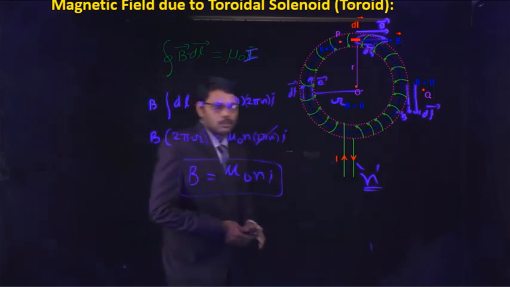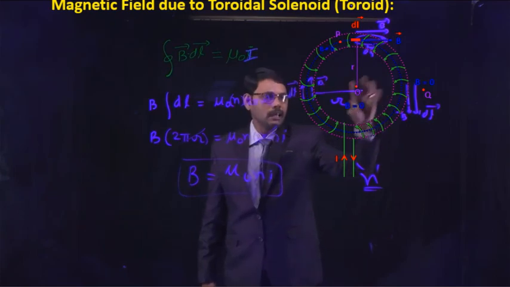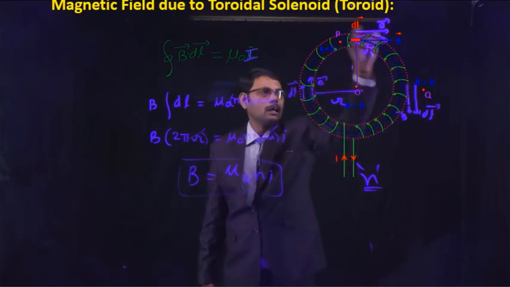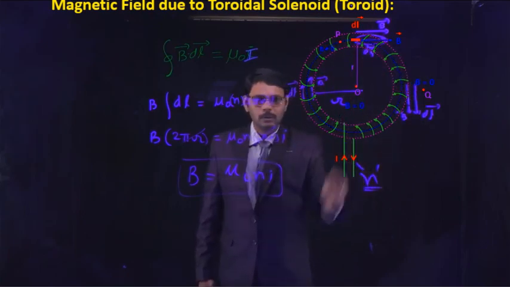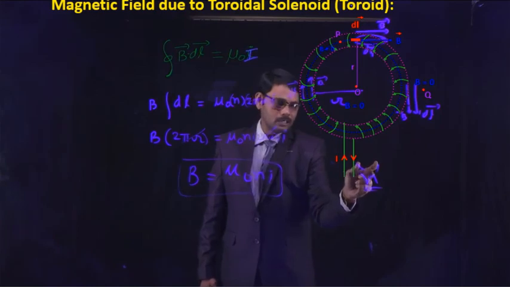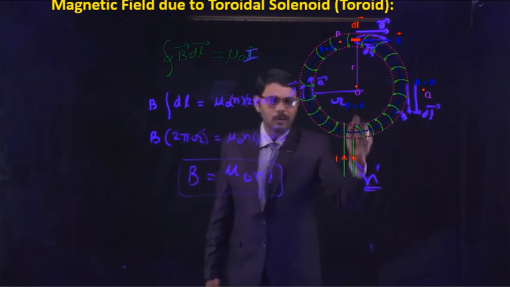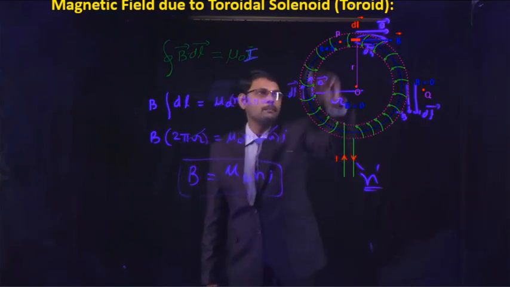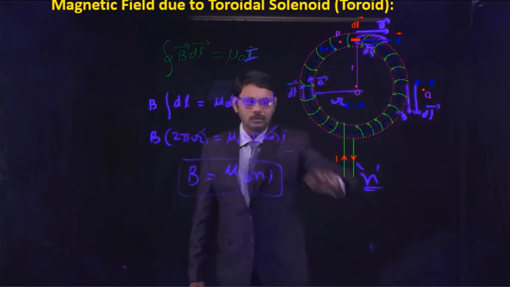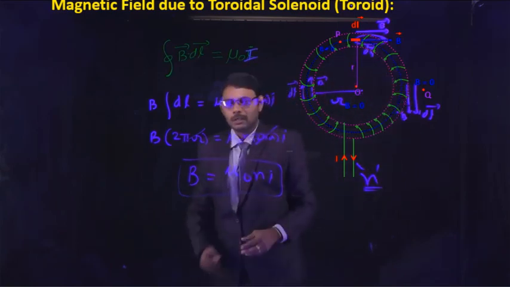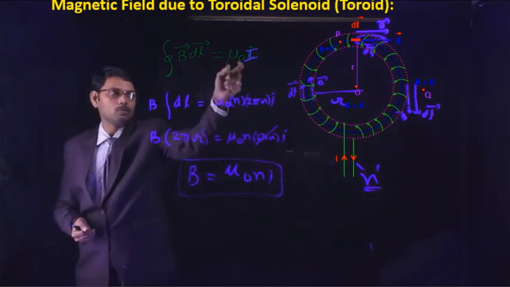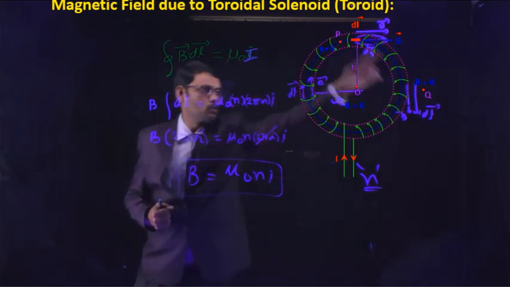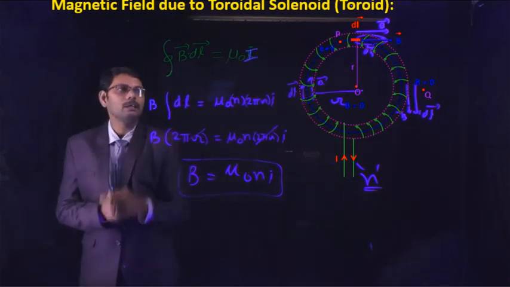So once again, let us observe the structure of the toroid. A current carrying wire is circulated around the circular structure like a tire, from one edge around the total loop, and we connect these two edges of the current carrying wire to the battery, then current is passing through it. Let I be the current passing through it. Then B is the magnetic field inside the toroid. To find that magnetic field, we apply Ampere's law: the closed integral of B dot dl is equal to mu naught times the current. B is constant throughout the loop. So B into the integral of dl is equal to mu naught times the current.